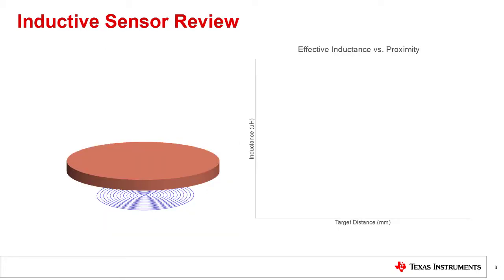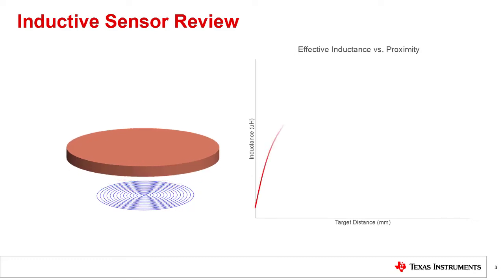Inductive sensors will produce variable output with respect to the proximity of a conductive body. The inductive sensor drives current into a coil which is part of an LC tank and then monitors the resonant frequency of the LC pair. This current produces a low-level AC magnetic field which generates surface-level eddy current in the metal in opposition to the current in the coil. This effectively reduces the inductance of the coil and changes the resonance of the LC tank.